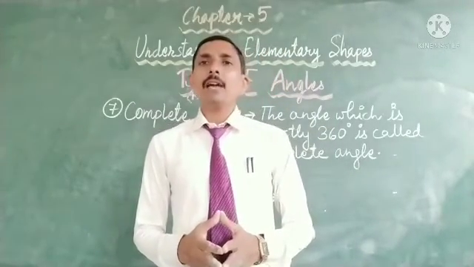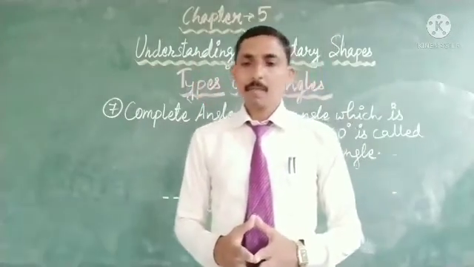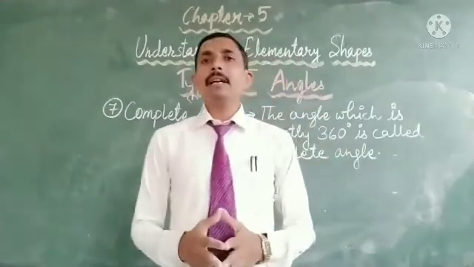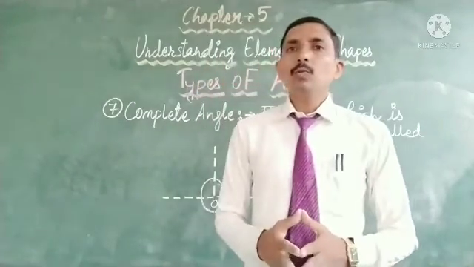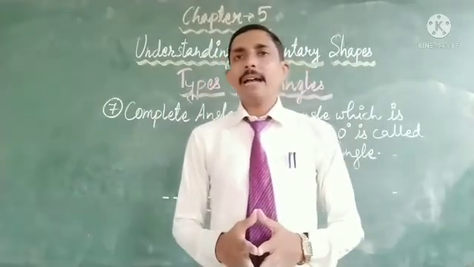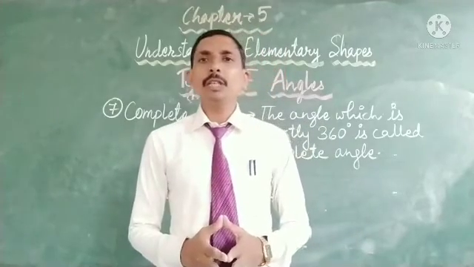And reflex angles are always formed below the straight angle. And our last angle is complete angle. So complete angle is the angle which is exactly 360 degree, or the angle whose measurement is exactly 360 degree